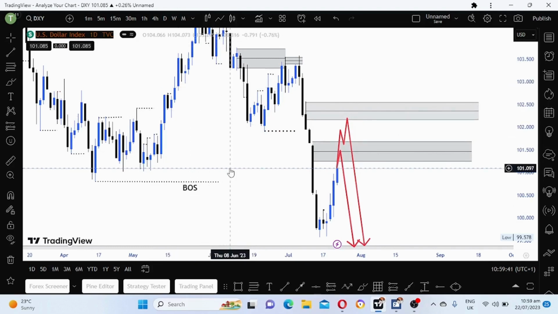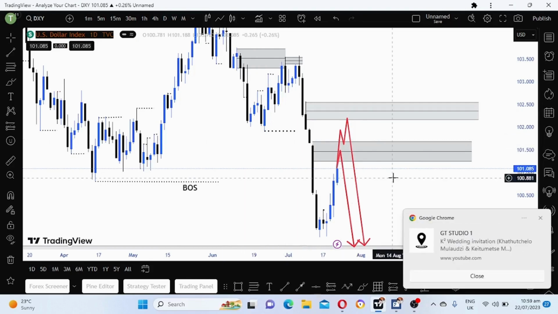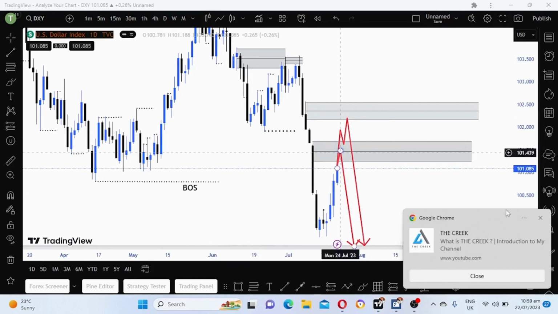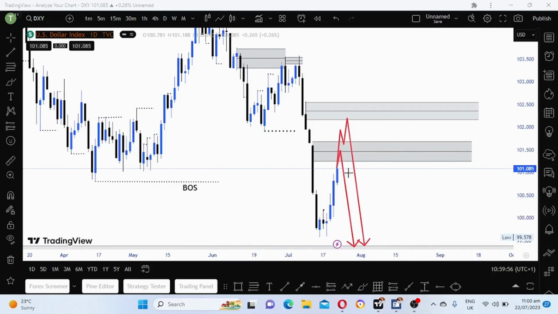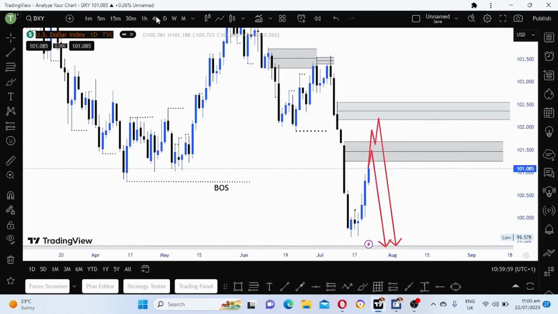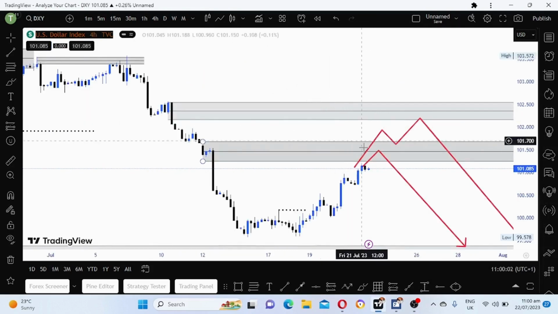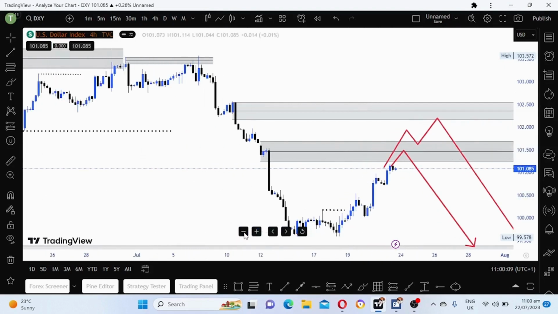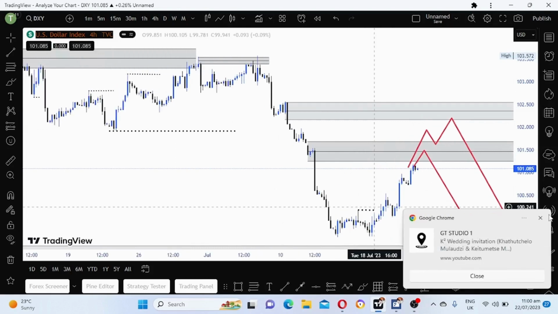As you can see, guys, we are bearish on DXY. We are now pulling back. I don't know how far this pullback can go, but we can check on Monday. That's my analysis on DXY, guys. So we are just waiting for price to tap into these two supply zones that we drew here and see what is happening there. So now let's move to Euro USD.